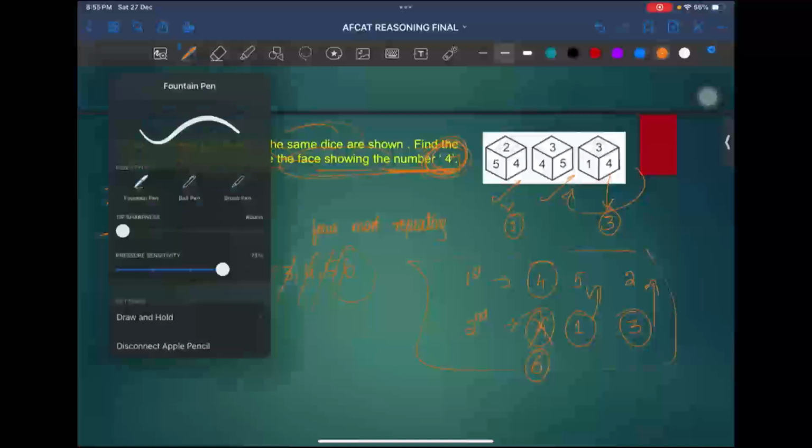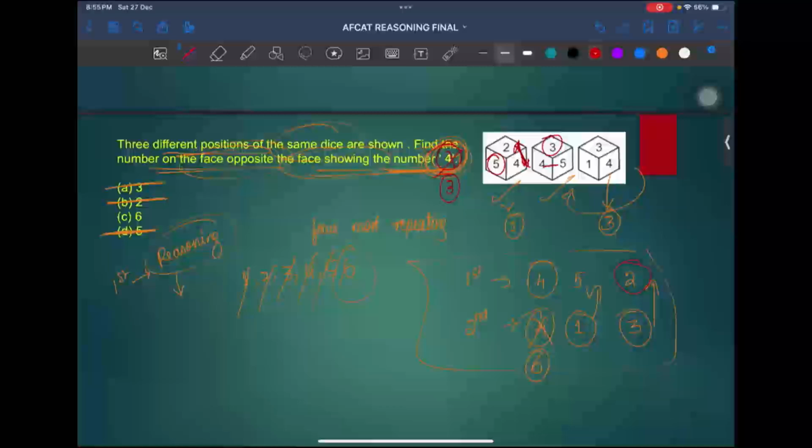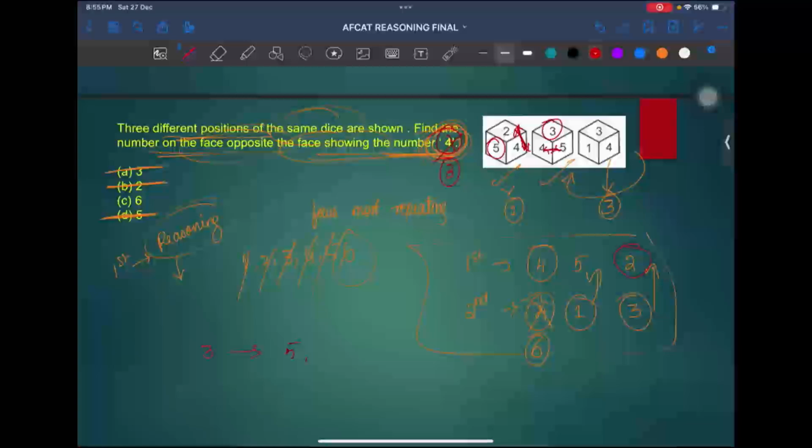If the question is asking for 3, then what will be your answer? Then the answer will become different, that is 2. Because as I told previously, if we consider 5 as some number, these two will never be in the opposite way. In a similar way, if you want to find the position of 3, 5 and 4 will never be the answer, and the remaining values will become